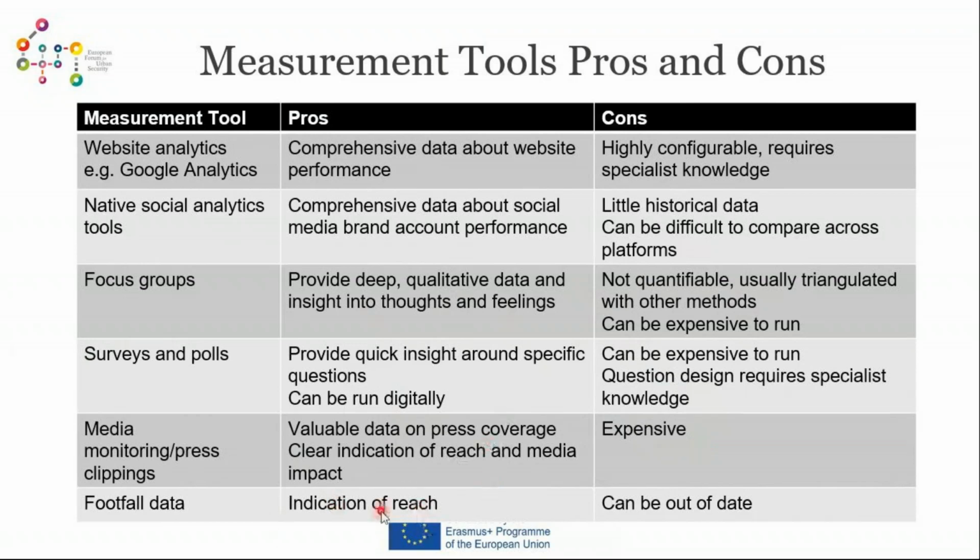And the final one is footfall data. So it's great because it gives you an indication of reach. It's a very solid reach metric. And the con is that this data is not always updated frequently, so it can be out of date. So for instance, any billboard advertisements that you were going to put out onto busy shopping areas now, so let's say you had a big billboard advertisement, there's no way that the reach indication, the footfall data from that is going to be accurate right now, because a lot of countries are under lockdown, and that information is not likely to have been updated.